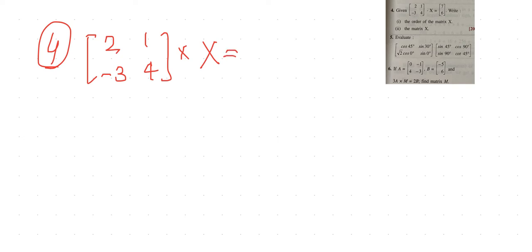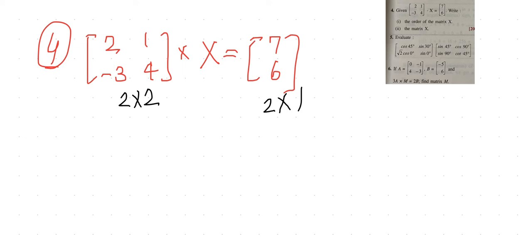And this is giving me what? 7 and 6. Okay, so clearly what you can see here, children, the order of this matrix is 2 into 2 and the order of this matrix is what? This is 2 into 1. Okay, so now what you will be seeing here, children, is that according to the law,